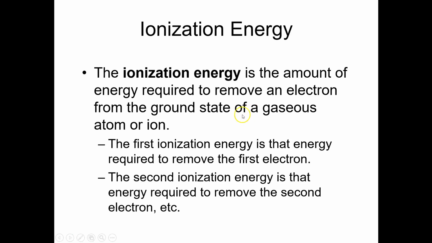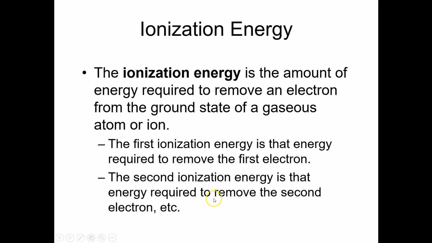So the first ionization energy is the energy that's required to remove the first electron from a mole of atoms. The second ionization energy is the energy required to remove a second electron from a mole of atoms. And so if, for example, we were talking about magnesium, which has 2 valence electrons, the first ionization energy would